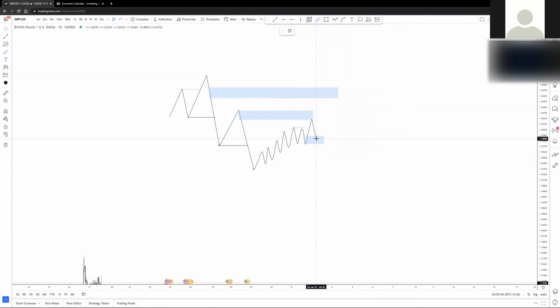Because what if it comes here and gives a bullish breakout structure? Then we can expect a move like this. But if it fails to react off any of these points in here, then you can expect lower prices like this. So personally, I will risk my money here,